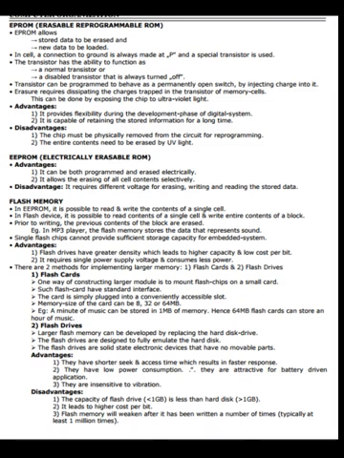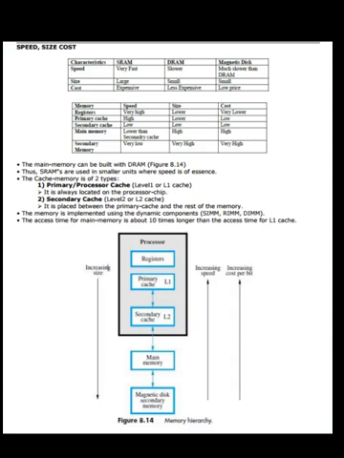Disadvantages: the capacity of the flash drive is less than 1 GB, which is less than a hard disk of greater than 1 GB. It leads to higher cost per bit. Flash memory will weaken after it has been written a number of times, typically at least 1 million times. Now let us see speed, size, cost. See the tables.